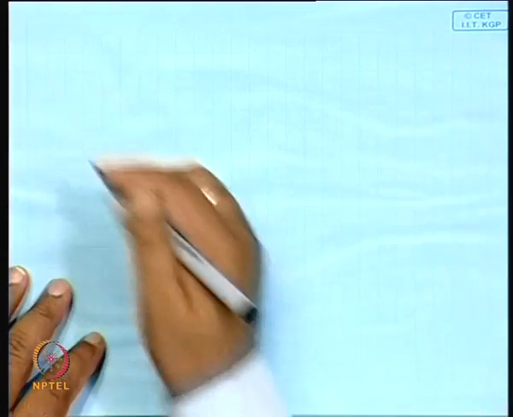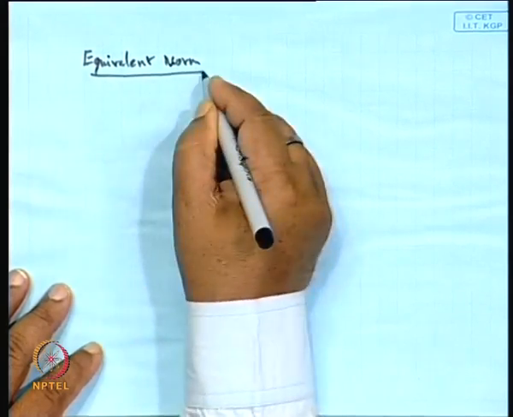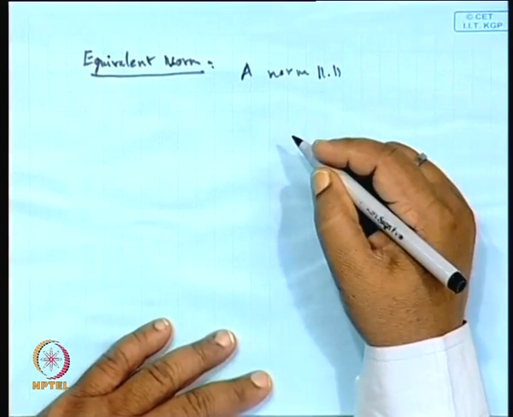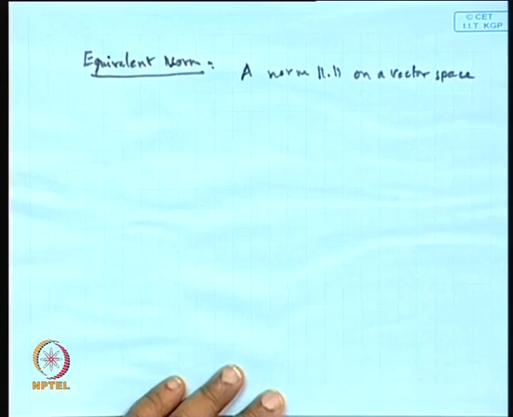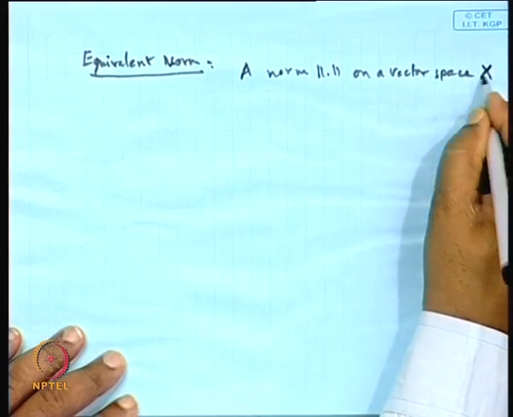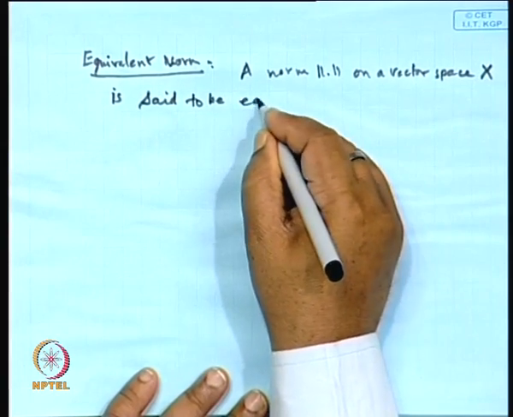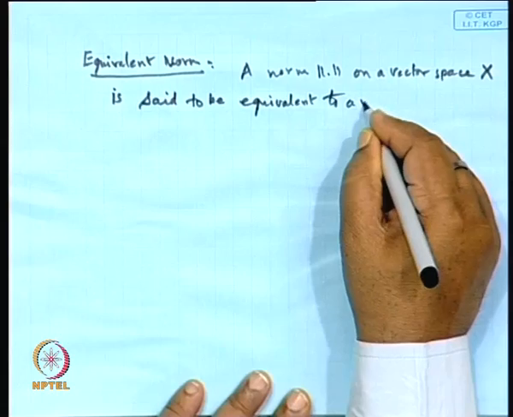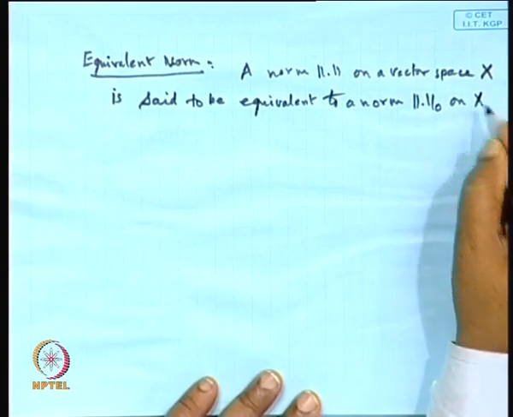Now, another interesting application of this lemma is about the equivalent norms. The equivalent norms we have defined already. Let me revise: a norm on a vector space X is said to be equivalent to a norm x 0 on X if